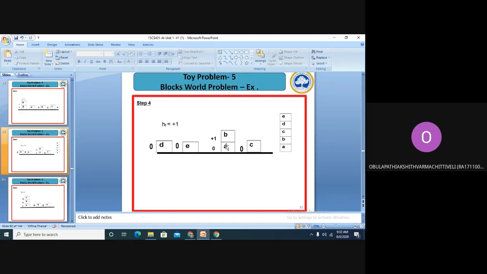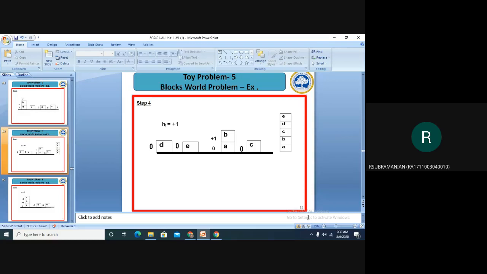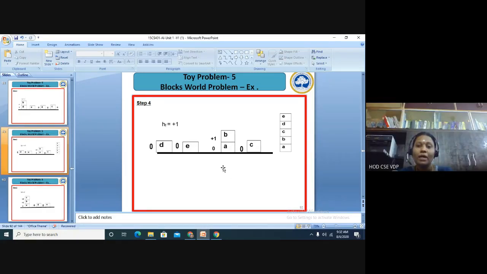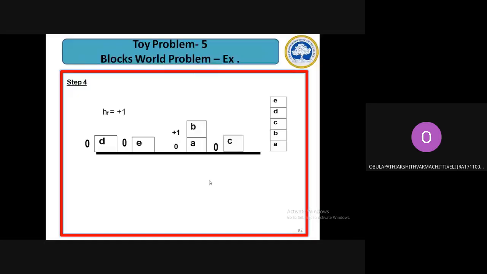So your final solution is you will either return the solution, which is true, which means you have reached the goal state, or you will return a failure. When you return a failure, it means that you have not reached the goal heuristic value of +10. So, ma'am, would we be constantly comparing the ideal heuristic value for each and every block we place? Yes, comparing the current value to the goal state. So rather than focusing on our heuristic score, we focus on how close we are to the goal state. Yes, that's right.